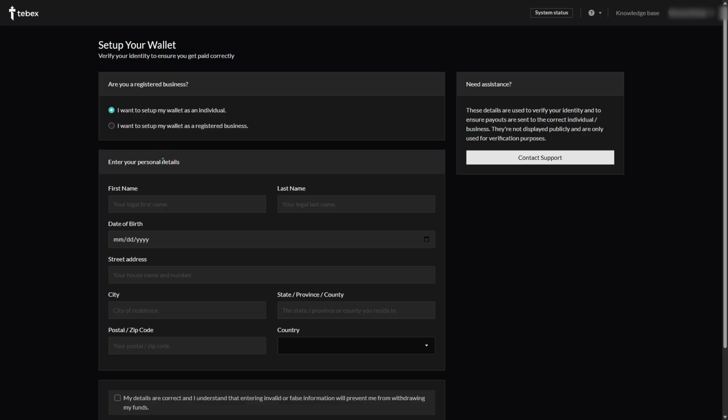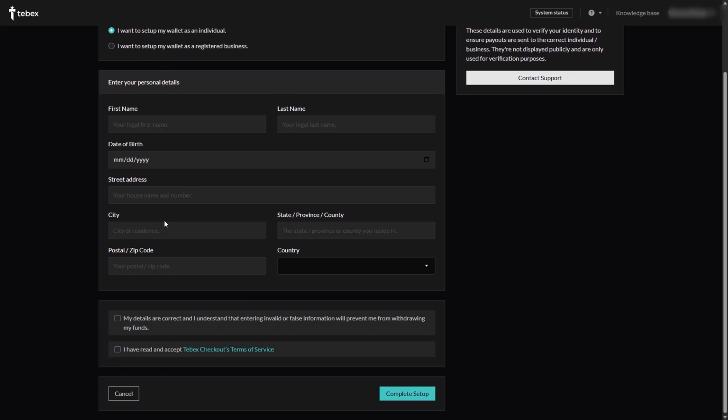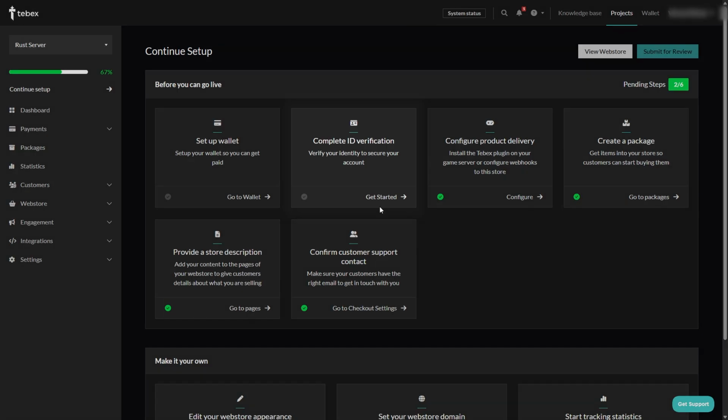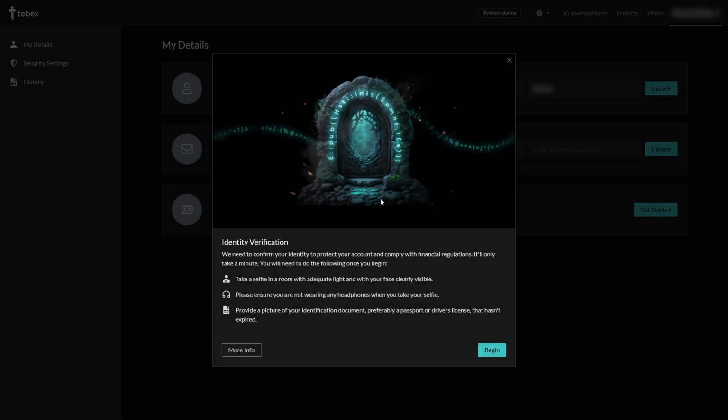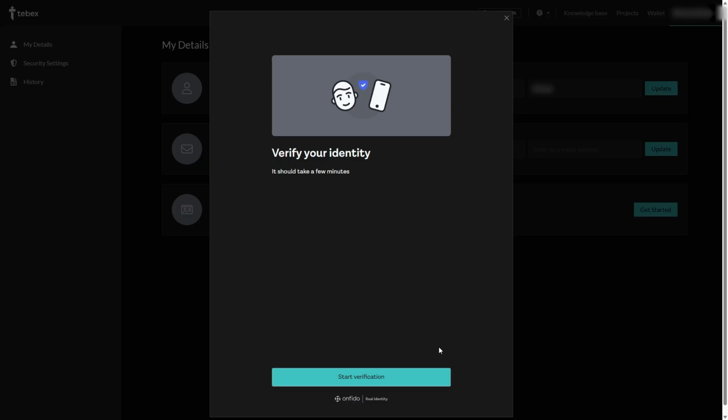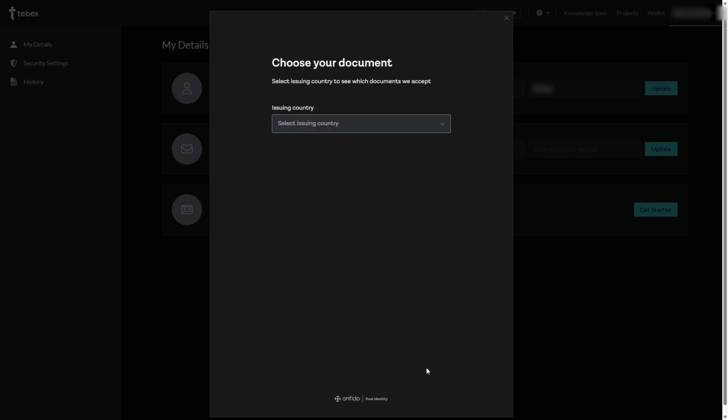Then we're gonna click on I want to set up my wallet as an individual, and of course you'll need to fill in all your personal details. Once that is done, go ahead and click on complete setup. We will need to complete ID verification, so we're gonna click here and then click on begin. As you can see, we will need here to start the verification